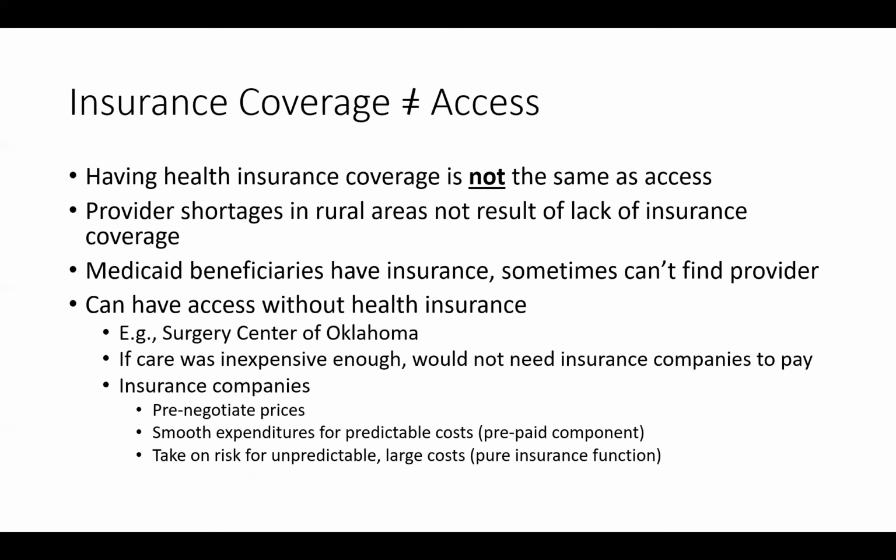And the reason is you could be in a rural environment, have Medicare because you're over 65, and there might not be a hospital within a reasonable drive from your home. You might have to drive 50 miles to see a doctor. If you're poor and on Medicaid, a lot of physicians' practices don't take Medicaid. They just flat out don't, or they may limit the number of Medicaid patients that they're willing to accept. TRICARE is a similar situation.